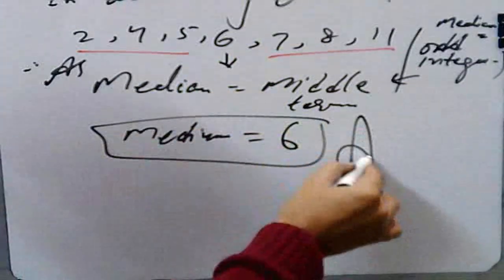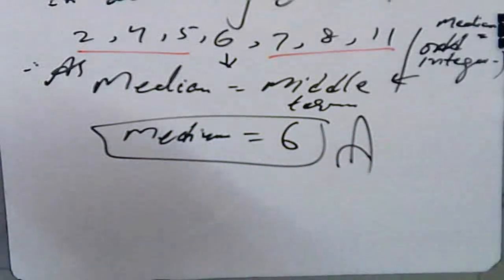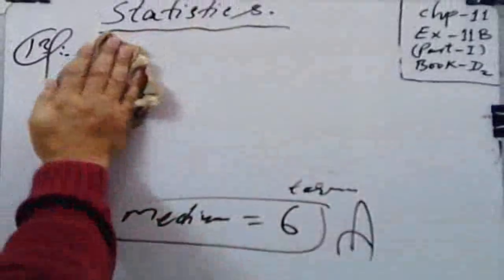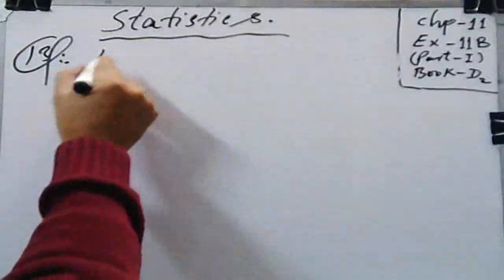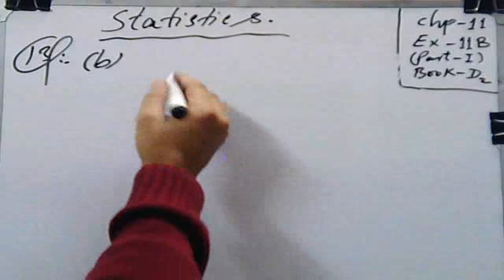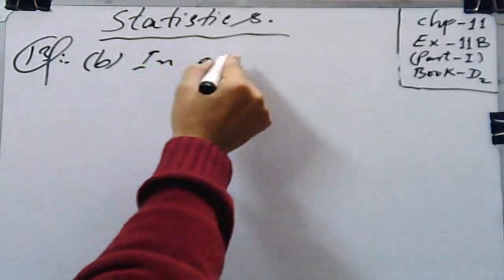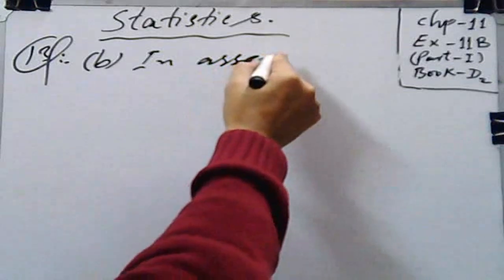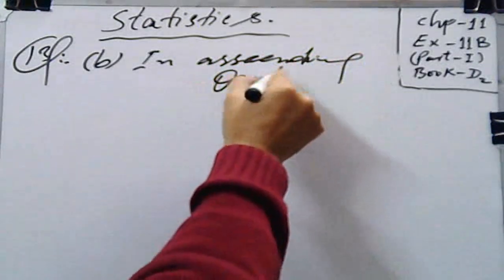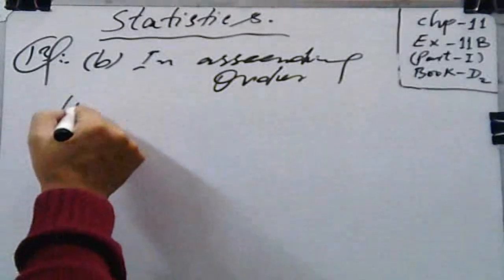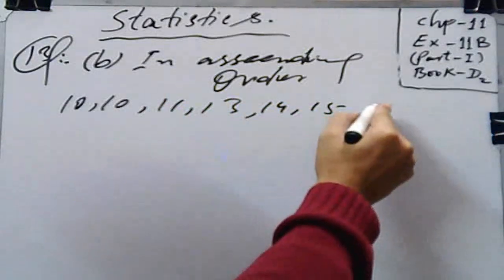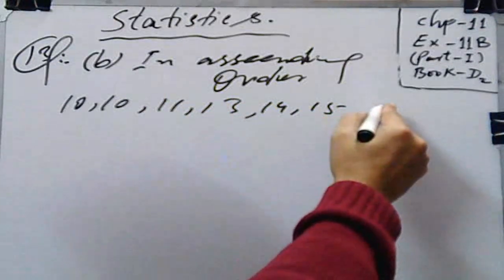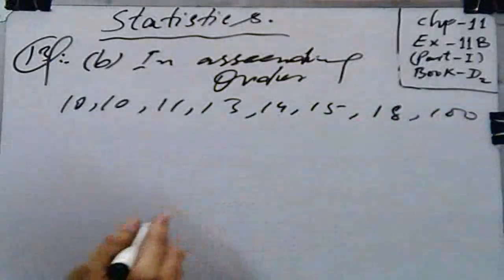Now similarly in part B, once again in ascending order, the given data is 10, 10, 11, 13, 14, 15, 18 and 100. So the median is, therefore,